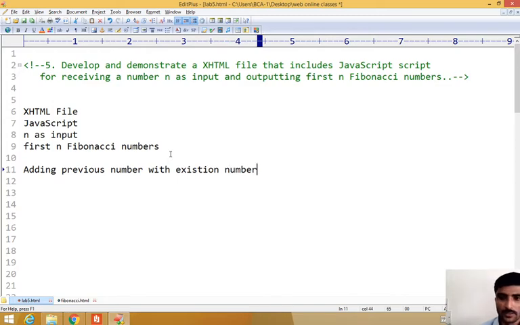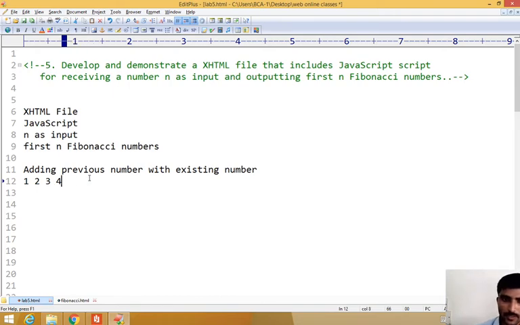For example, assume the numbers 1 2 3 4 5 6. Then 1 plus 2 is 3, 3 plus 3 is 6, 6 plus 4 is 10, 10 plus 5 is 15, 15 plus 6 is 21. This is how we add the numbers.